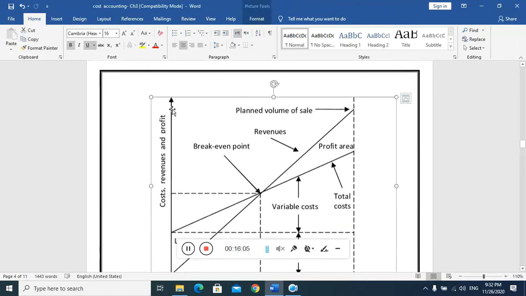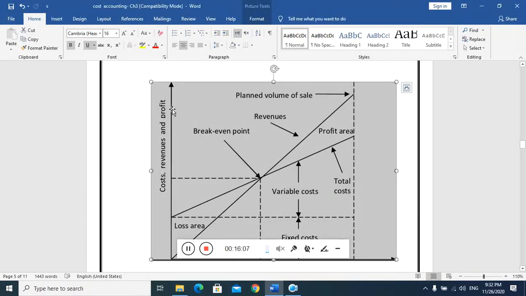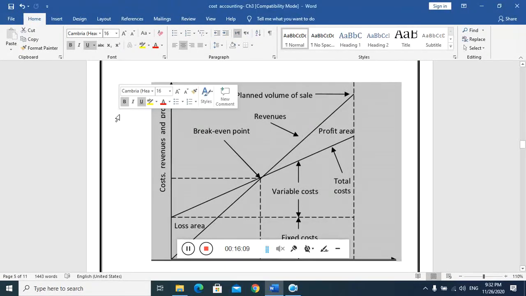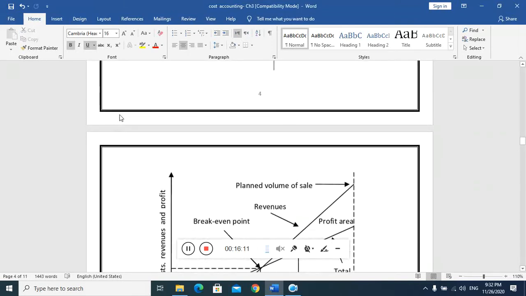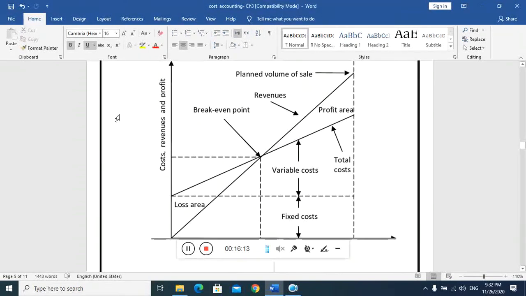This is the main equation we concentrate on here. We can show this equation again to show the break-even point graphically by this figure. This is the line of total revenue, and this is the line of total costs. As we said before, the point of intersection between total revenues and total costs is the